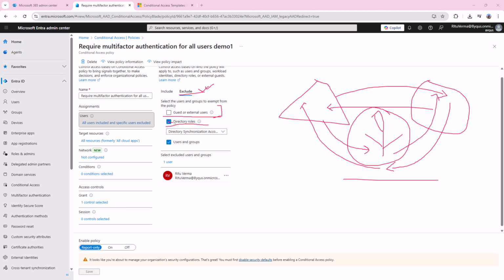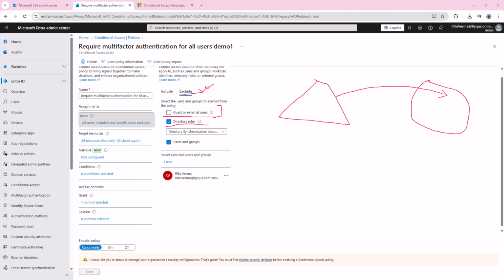So these directory roles should always be excluded from multi-factor authentication. Now in security defaults, they are already excluded because when I configured the hybrid sync, it automatically created a directory synchronization role and the synchronization was working.